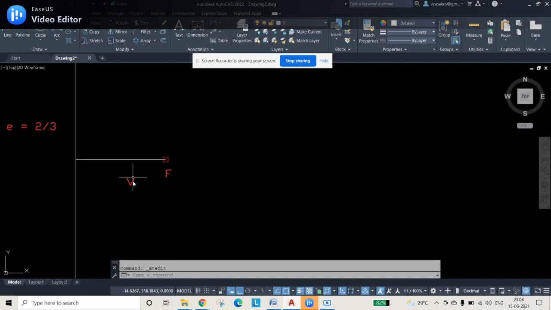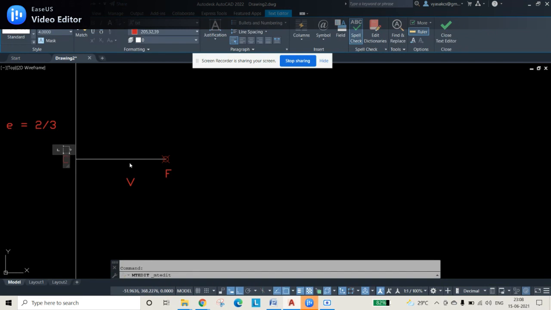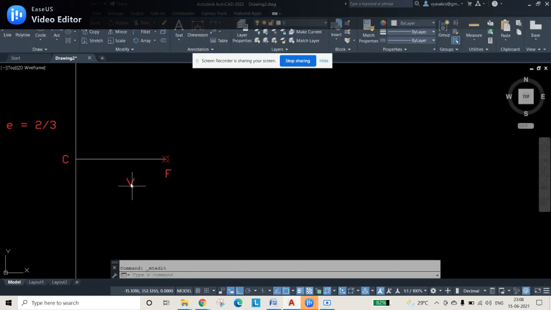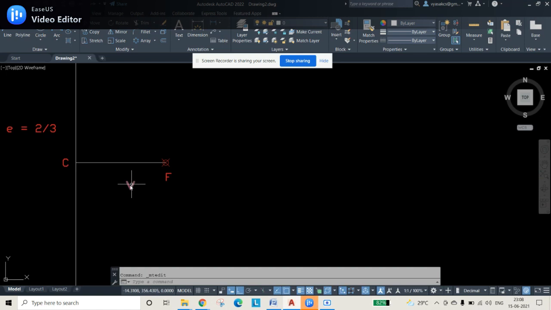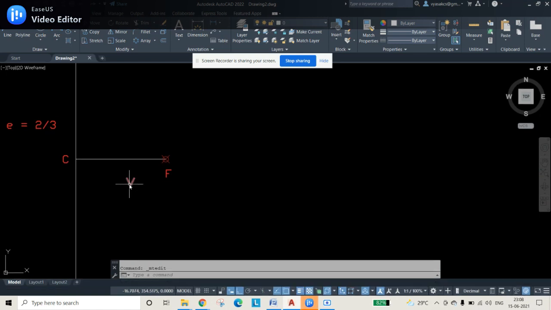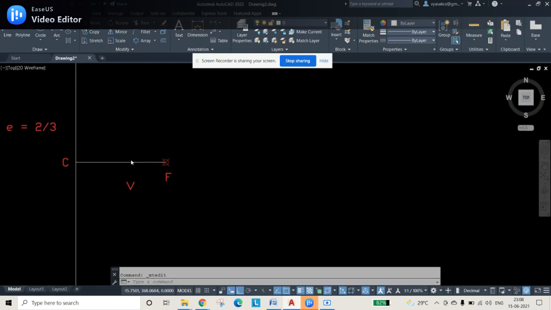Since this is also there, we'll give another name for this. Let me say this is C. C, V, and F. This V point is not yet known to us, but I'm saying that V is a point on the curve now. So for that sake, from that point somewhere here,